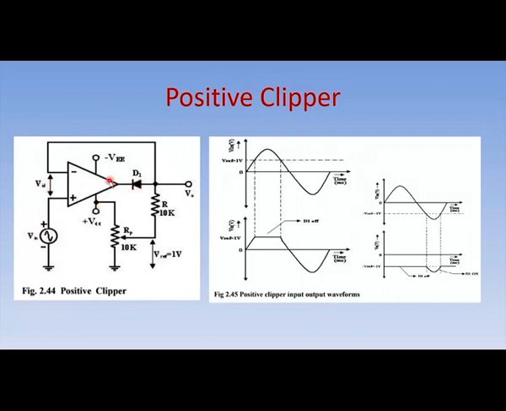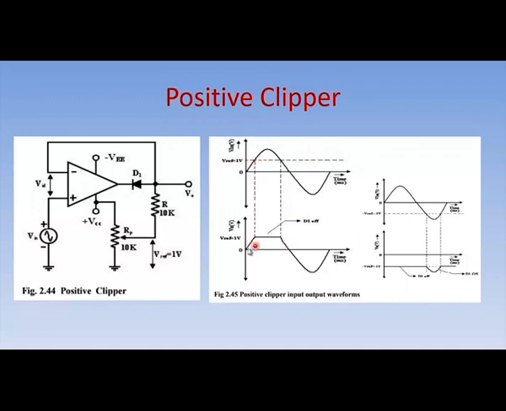The output of the operational amplifier has a diode, and at the other terminal the output is fed back to the input terminal of the operational amplifier. So, the output of the op-amp has a diode which is the setup of the precision diode, denoted as D1. Now, when you look at the input and output waveforms,